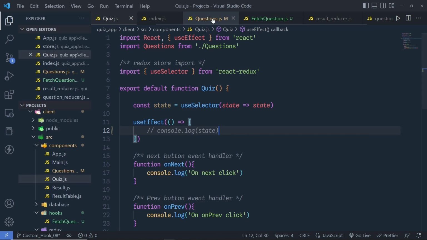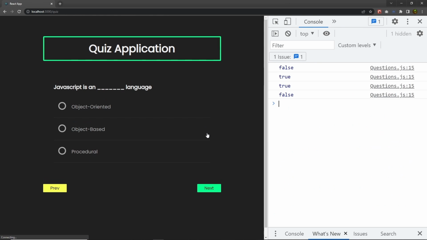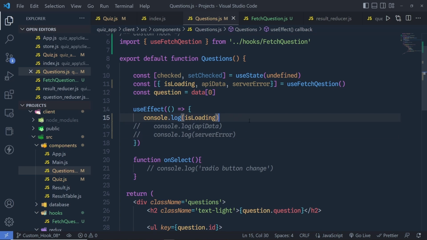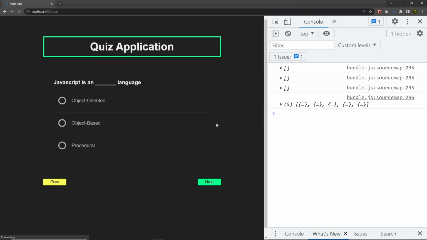Save the changes, back to the questions, reload the browser, and you can see I'm going to have this result. First time, the isLoading is going to be false, because React is going to re-render the component. Once we have the data inside a variable, it's going to return true, and after that at the end we return false. If I try to print this second, apiData, save the changes, reload the browser, then you will notice